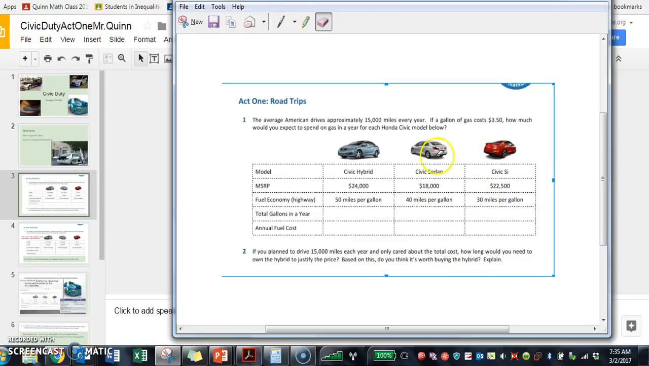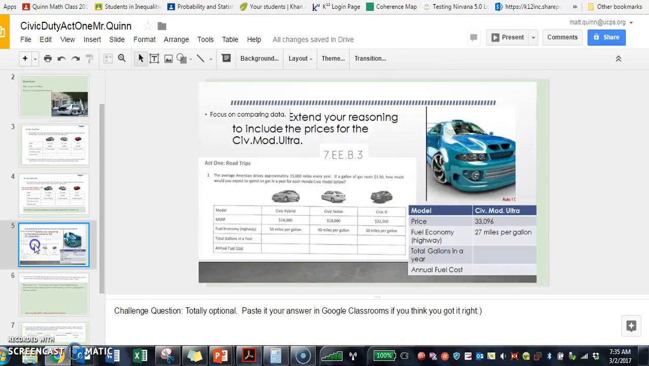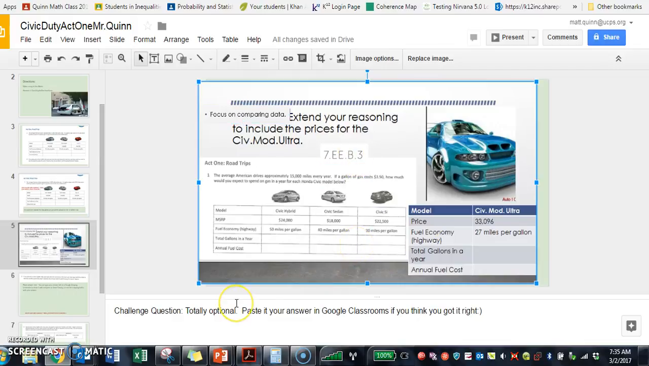Do your best. If you need help, of course, you can raise your hand, and I'll come down and hopefully make it harder for you. All right, after you fill in your table, if you're one of those kids who understands the material, remember we're focusing on comparing our data and EEB3, then you're going to want to